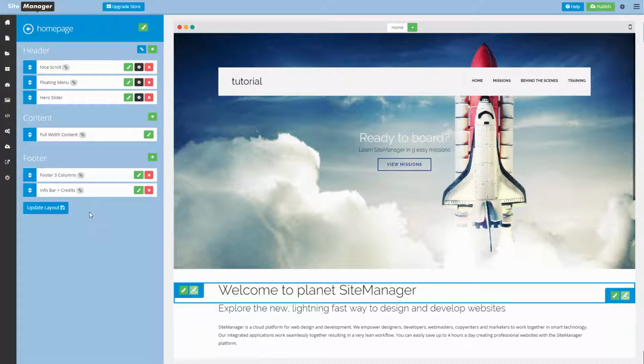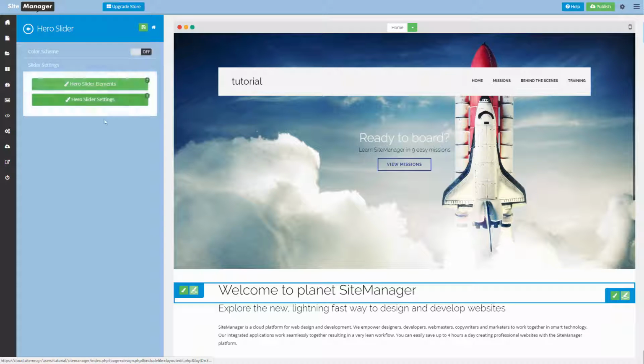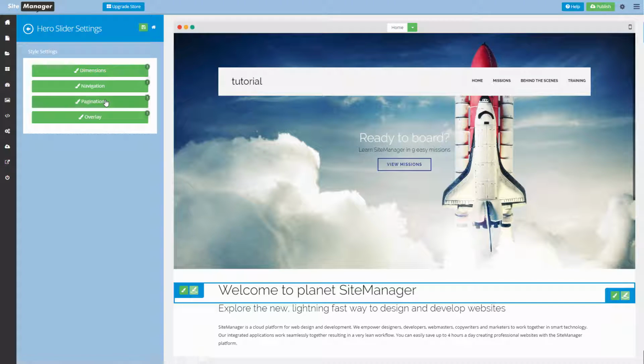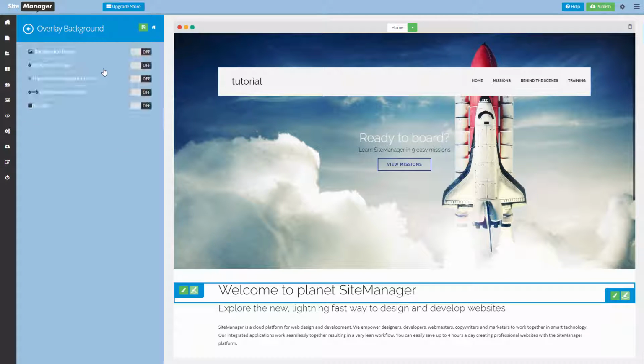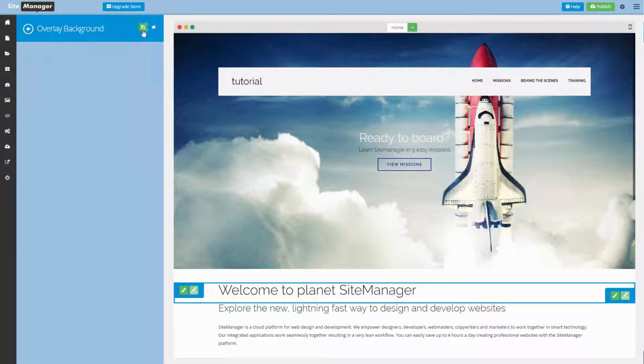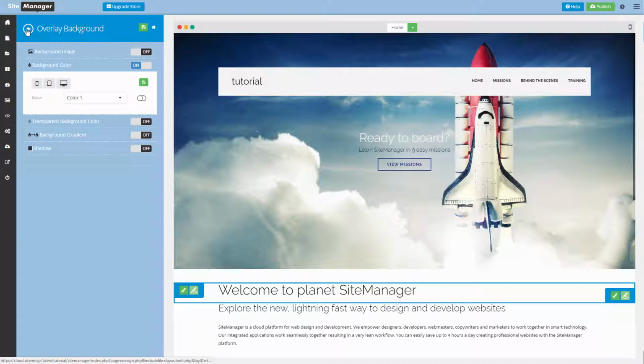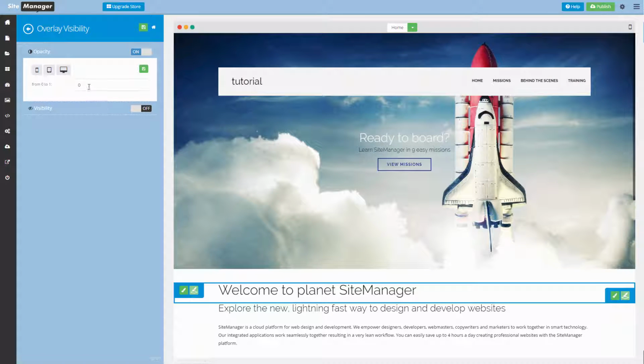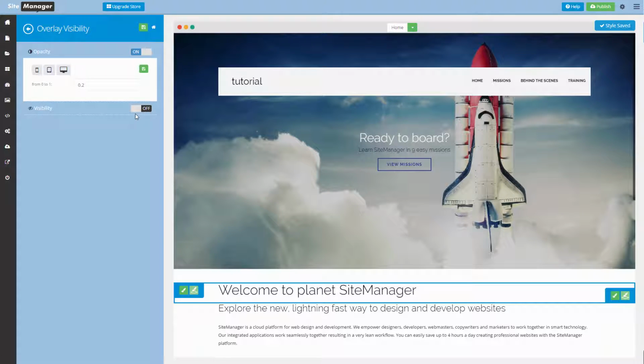So we're gonna make some adjustments here to make the hero slider look a little bit better. We click the style button and go to settings, and here we have an overlay button, and we're gonna change our background color to black. Click Save. And we're gonna set the visibility to 0.2%. So the background picture is now a little darker,